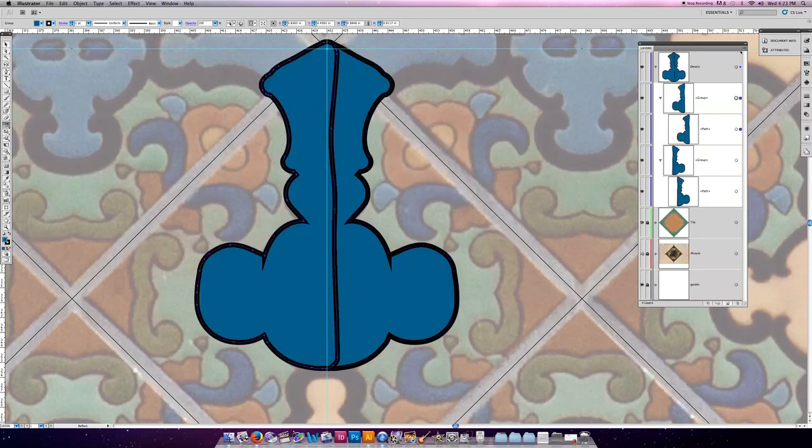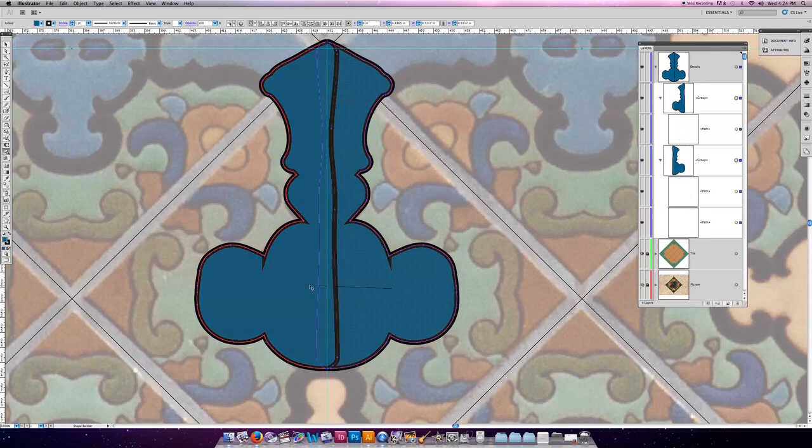I want to hit copy. It is overlapping right now. Okay, so this one is a little bigger and they are overlapping, but I have this black line right through the center. Well, I don't want that black line. So what I'm going to do is I'm going to come over here and I'm going to use my Shape Builder tool. And with my Shape Builder tool, I need to have both objects selected. So since I already selected my Shape Builder, if I hold my Command and Shift key down, I can select things. My black arrow tool pops up, and now with both objects selected of what I want to shape build, I can drag this over